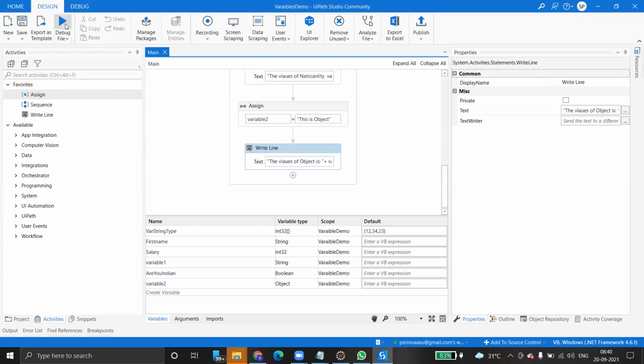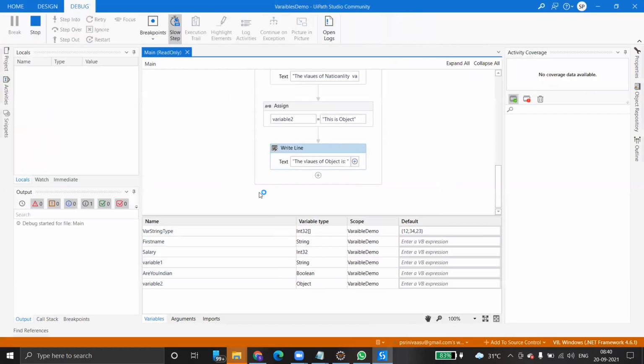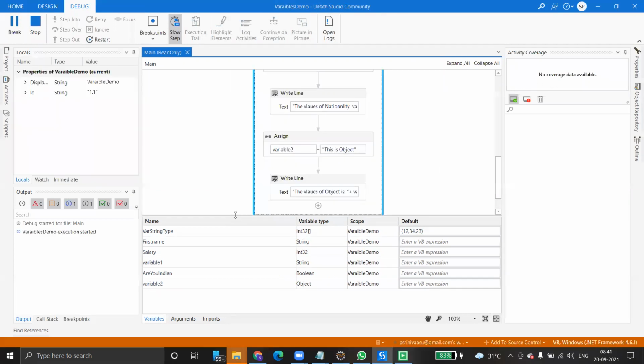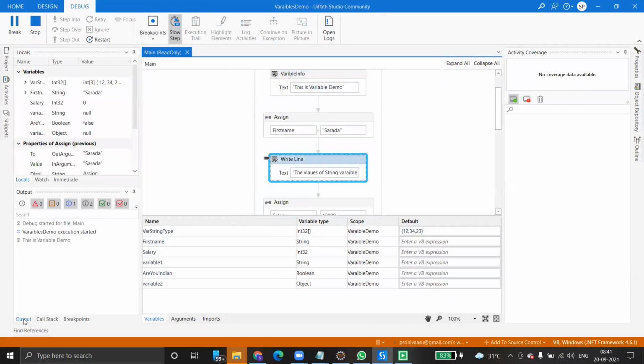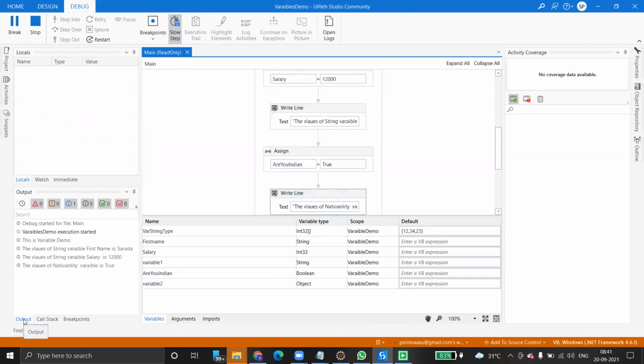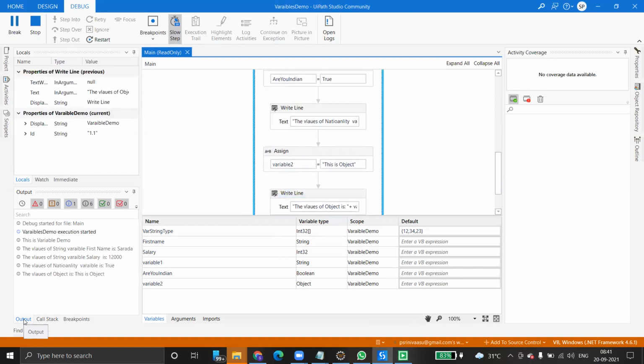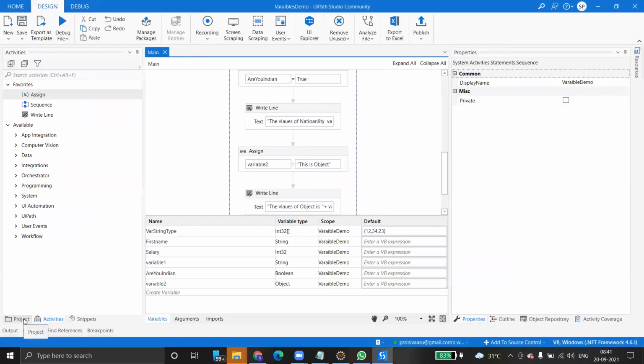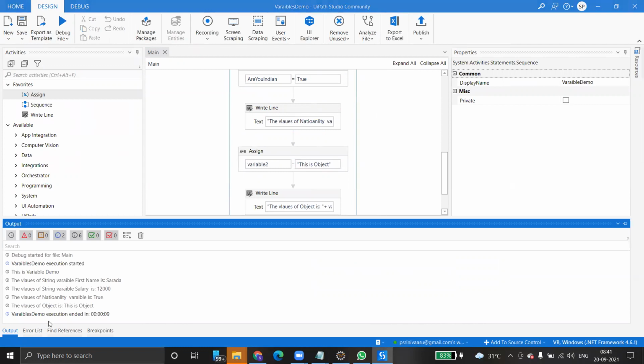Actually, it simply returns the type. Just click, and go and check output. See, this is object.